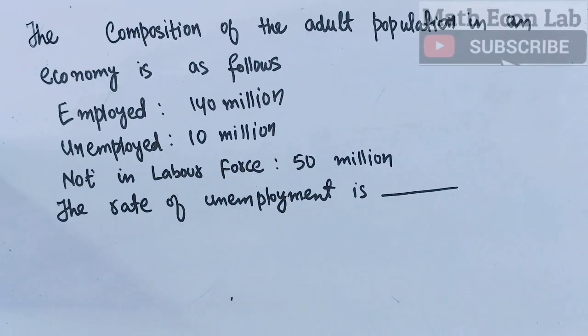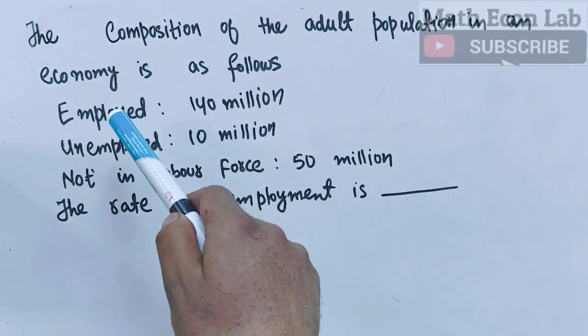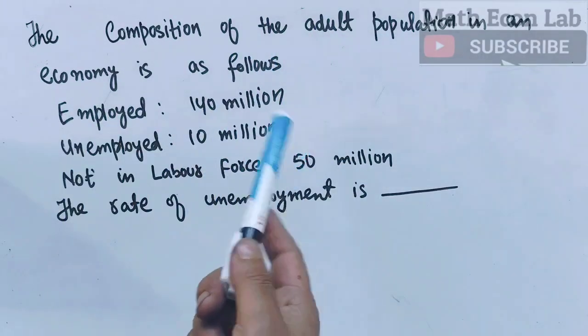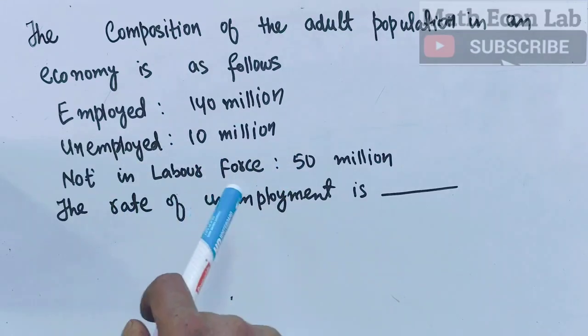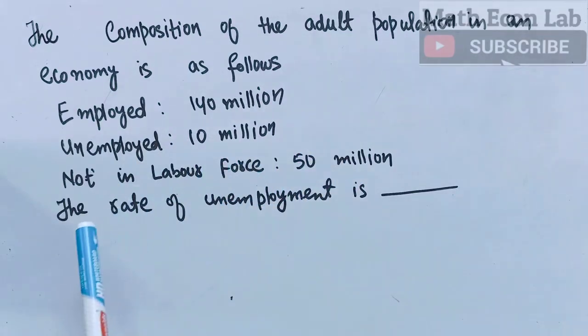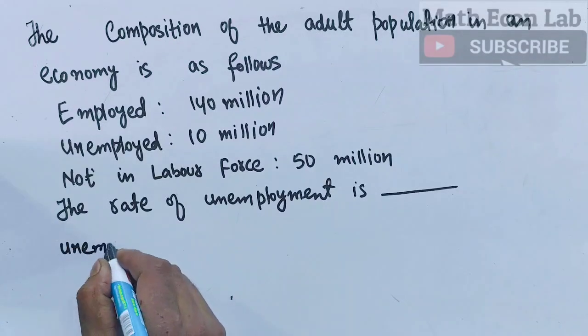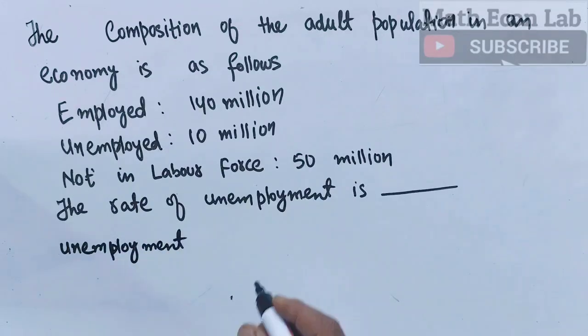The question is to find out the unemployment rate. The question is, the composition of adult population in an economy is as follows. Employed persons are 140 million, unemployed persons are 10 million, not in labor force is 50 million. We are supposed to find out the rate of unemployment. Okay, so unemployment rate, if I write it here,